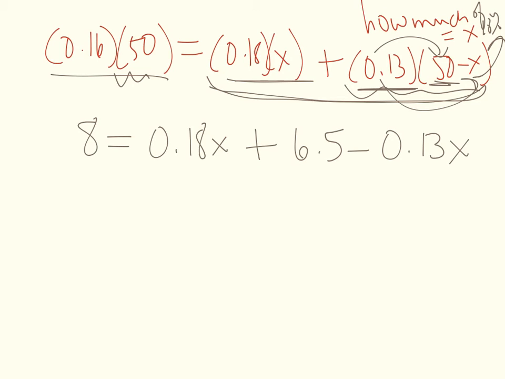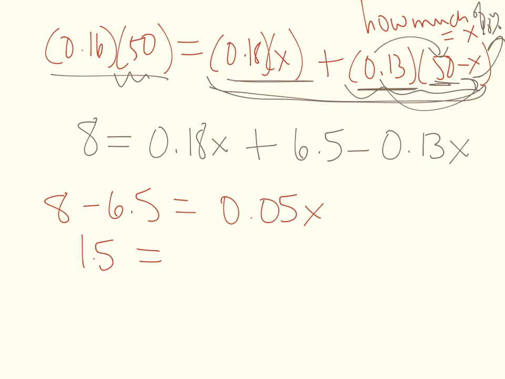Okay, so I'm going to go ahead and move over that 6.5 and combine my x terms. So I have 8 minus 6.5, 0.18x minus 0.13x gives us 0.05x. 8 minus 6.5 gives me 1.5 is equal to